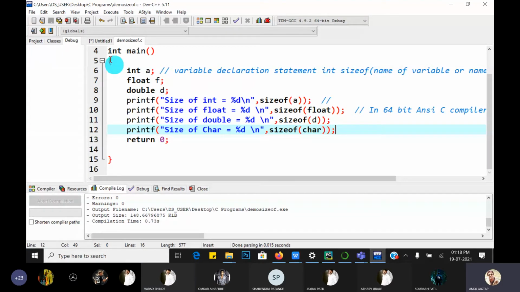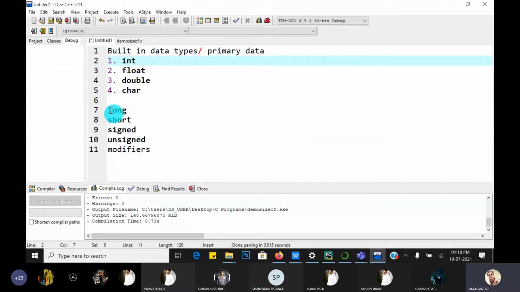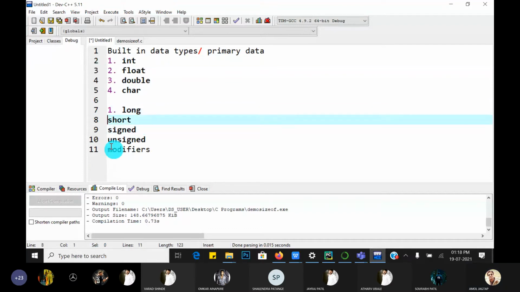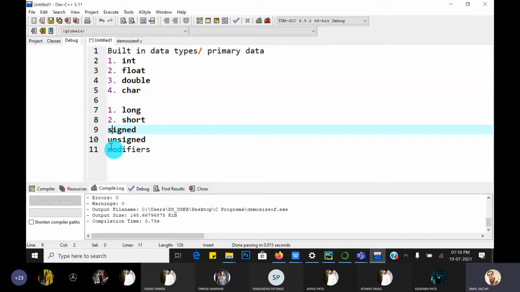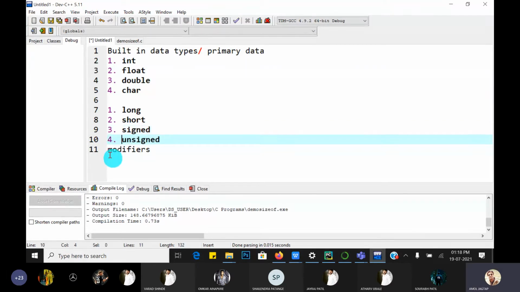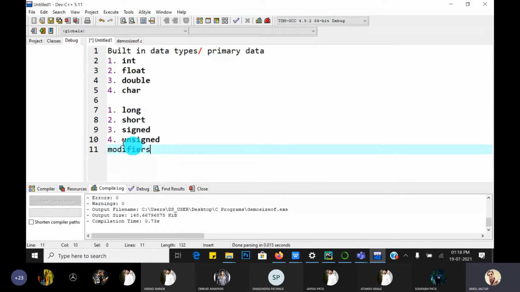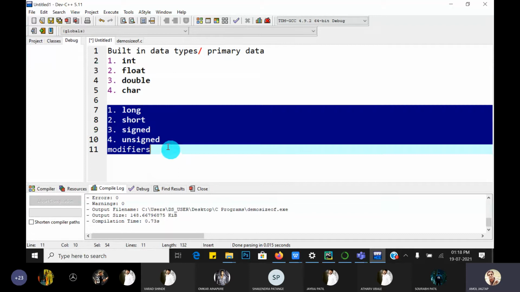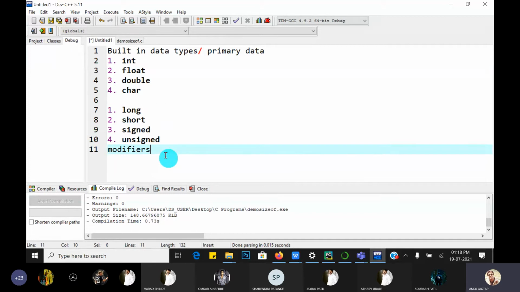Okay, next are the modifiers: long, short, signed, unsigned. These are all the modifiers in the C language, which modify your data type. For example, int.